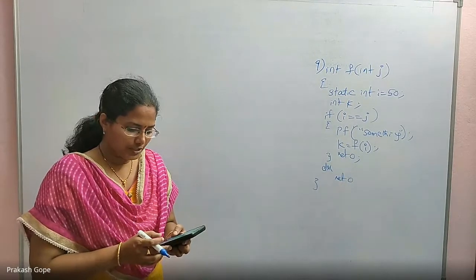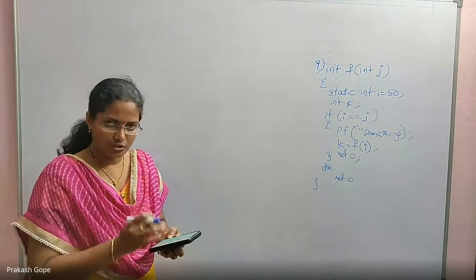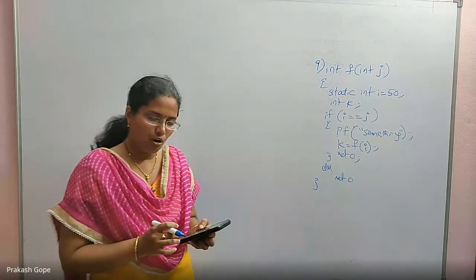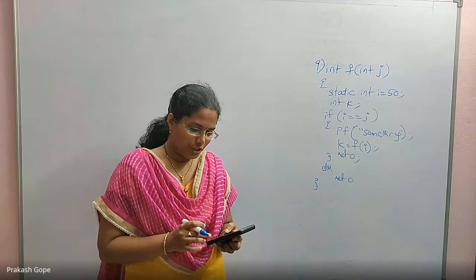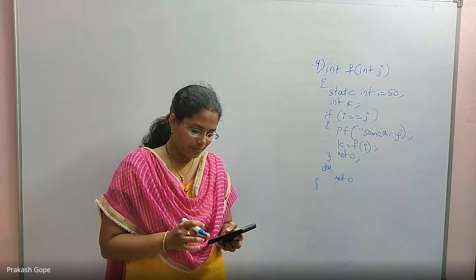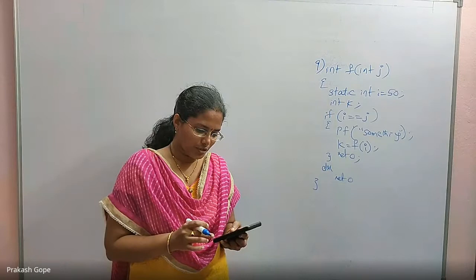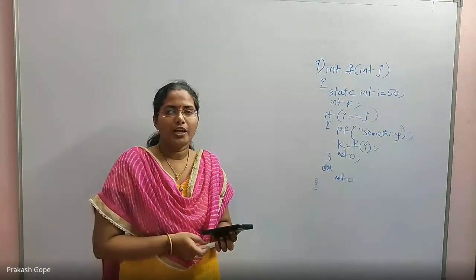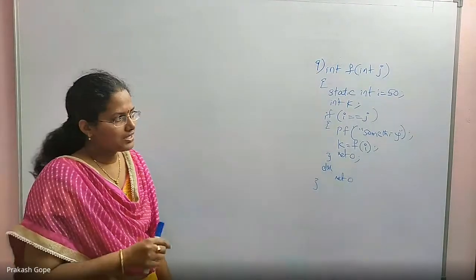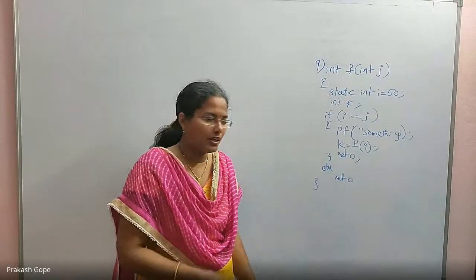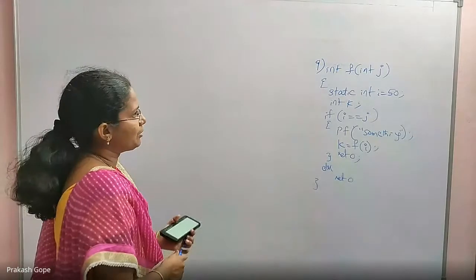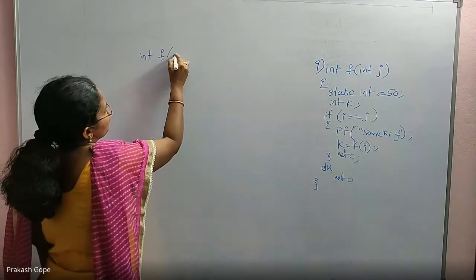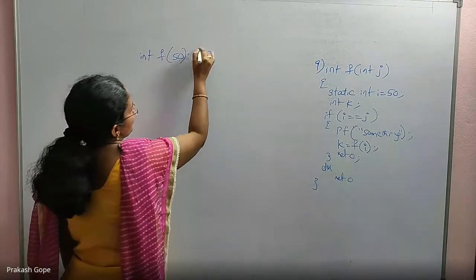The function returns 0 for all values of j. Just go through the options. The function prints string something for all values of j. The function returns 0 when j is 50. The function will exhaust the runtime stack or run into an infinite loop when j equal to 50. Options A and B are talking about all values of j, but C and D are talking about a particular value, 50. Let me check what is happening for j equal to 50, which means int f of 50, so j value is 50.